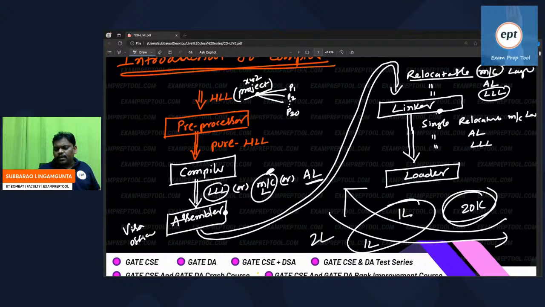Some people are asking, sir, whenever language is processing, can I do it without the linker? Without the linker, your program is relocatable code. Linking is not there, so relocatable code only will go to the processor. While running, one of the files is missing. Again, you have to come back. So it is a troublesome task. The best idea is please link it. All the necessary things will link. Then you will get the single relocatable machine language that will go to the loader.